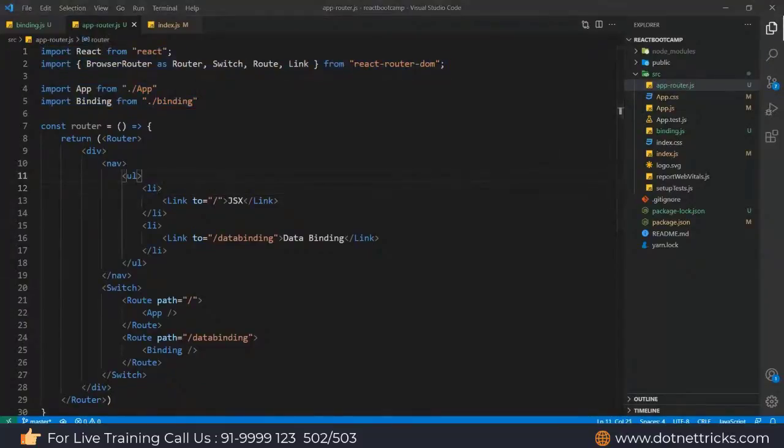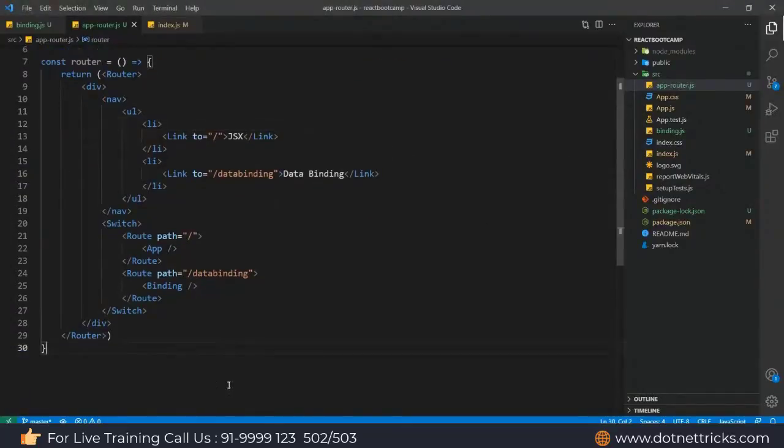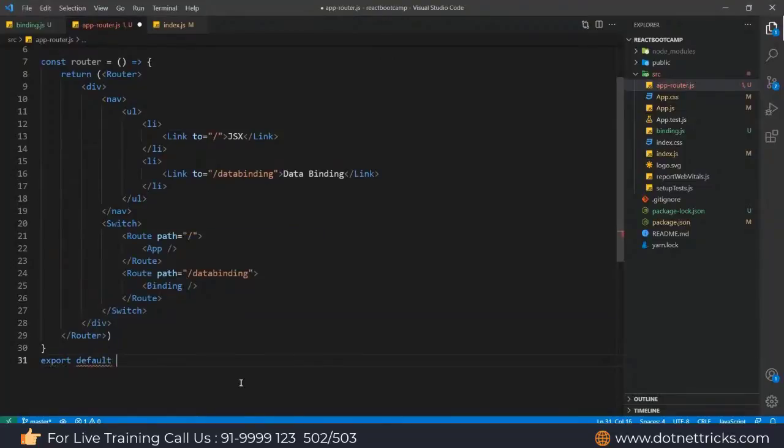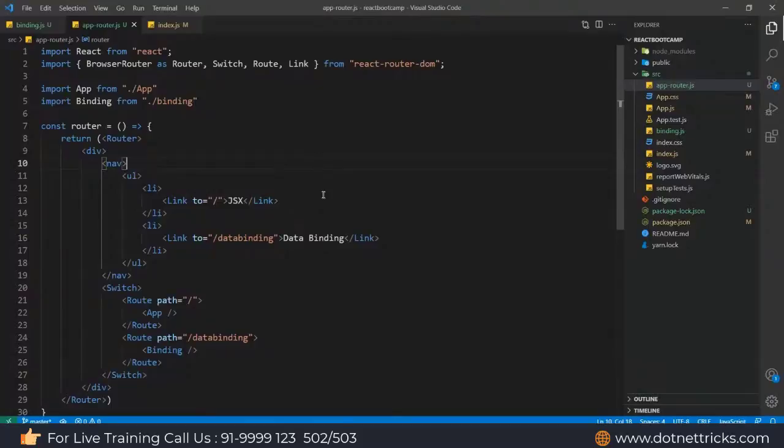You need to import at the top level as I imported here. Then we have the router, and finally export the router with export default router. I'm just going to export the router from here. So what is the router variable we have? That I'm exporting from here. How can we configure the routing? This routing we need to call in